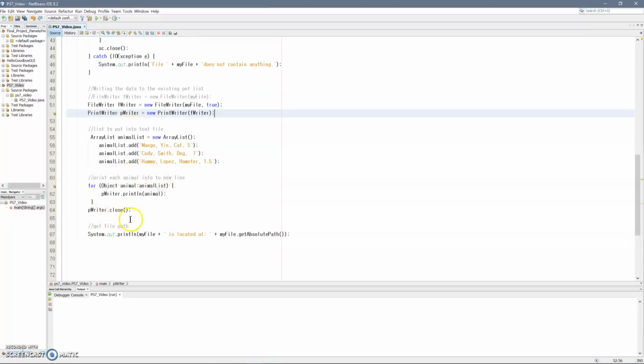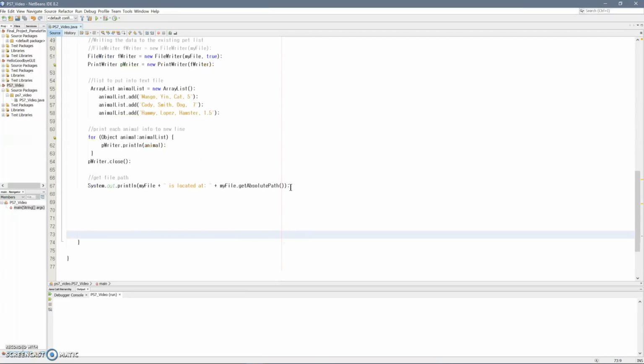This for loop will print each of these lines separately into my file. Then I close the print writer. This will automatically close the file writer too. And if you ever wonder where my file is saved, I can use a method get absolute path to find out. Now if I run this,